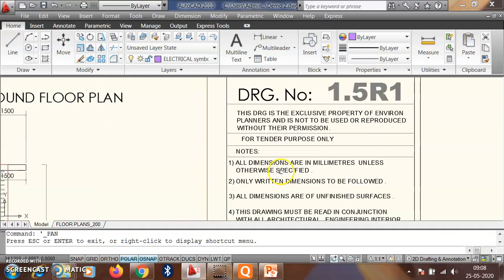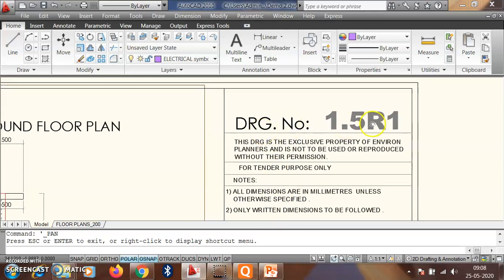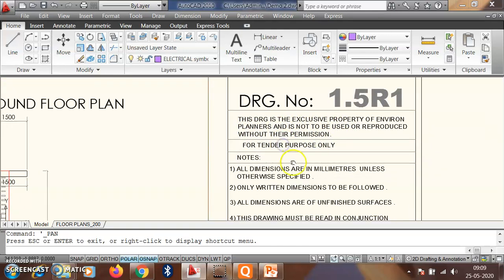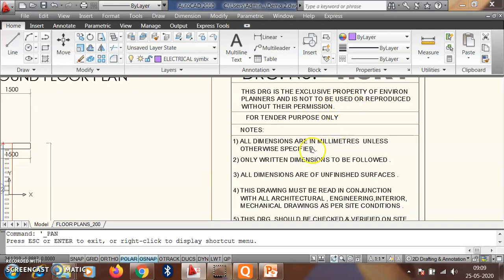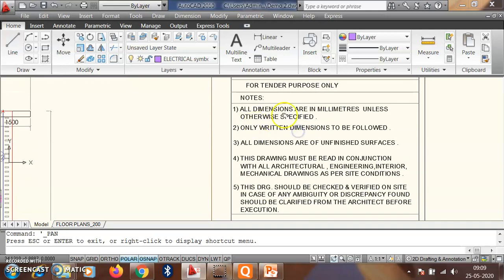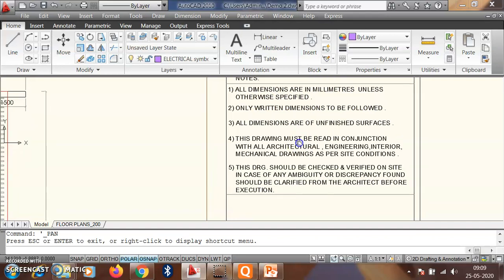If you look in this drawing, you get the same font sizes. This is the drawing number. This drawing is the exclusive property of the environment planners. Whatever drawing they prepared, they have given their notes. All the dimensions are in millimeters unless otherwise specified.